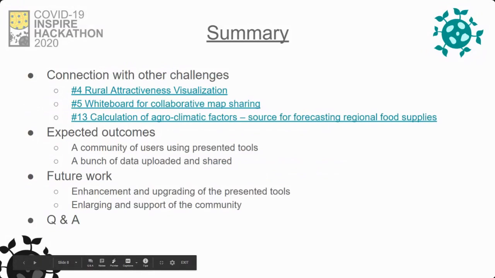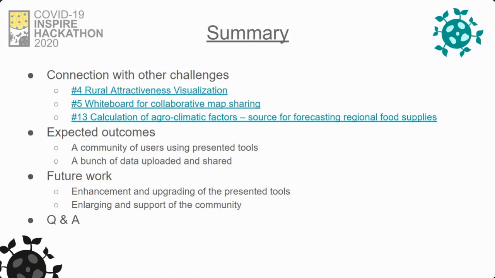And as we have already said too, this challenge number 3 is connected to many other challenges. I mentioned 3 challenges, but as we can see, it will also be connected to challenge number 8 and maybe some others.